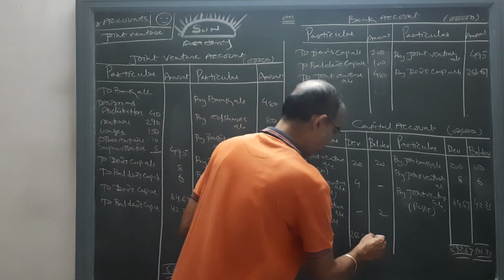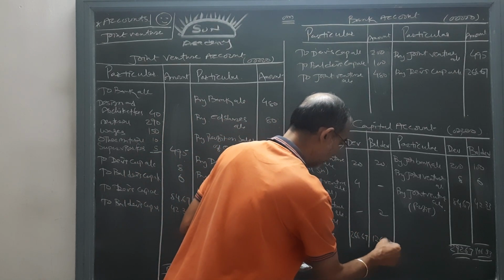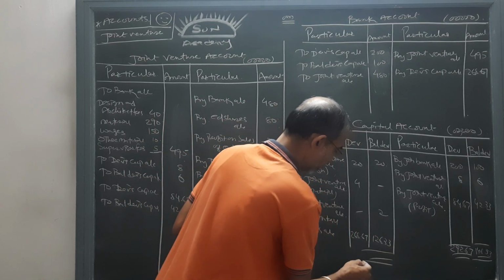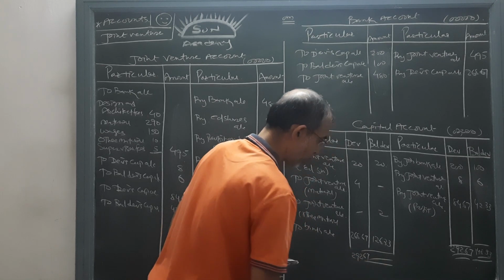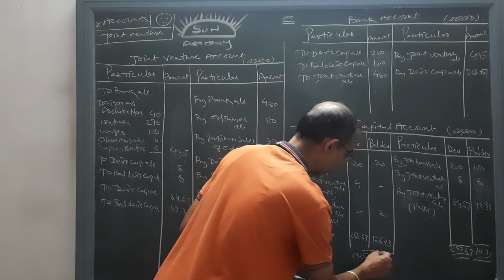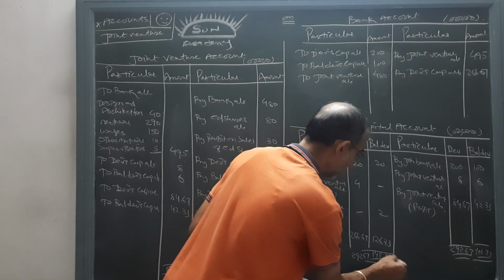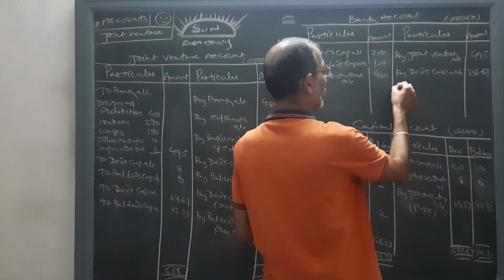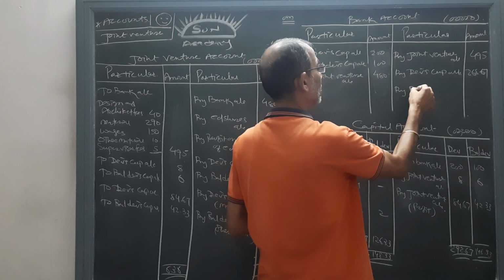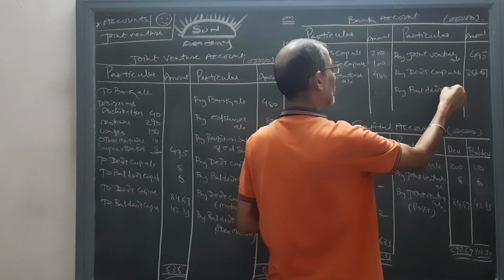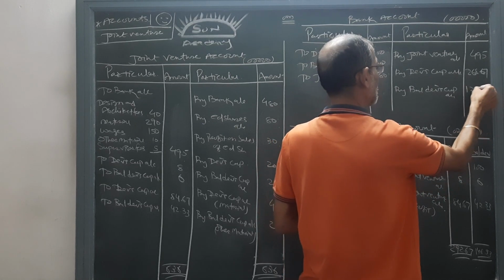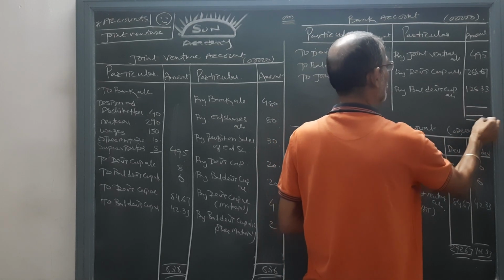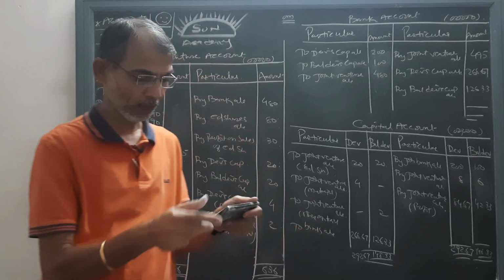He will receive 126.33, and total of Dev is 292.67, while total of Baldev is 148.33. Here I will write by Baldev's capital account 126.33. So total of the bank account will be